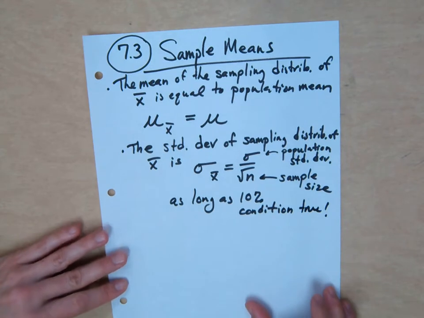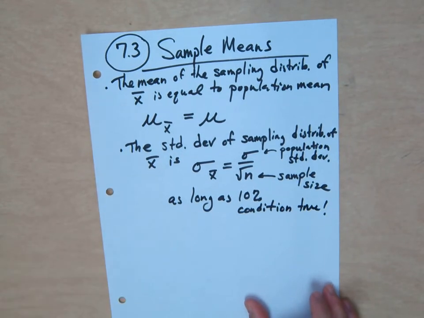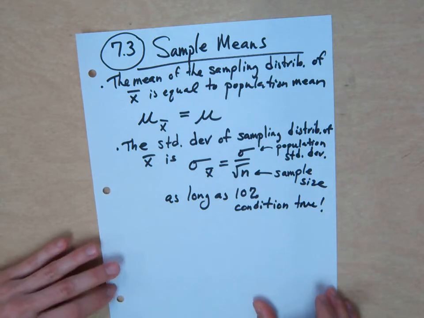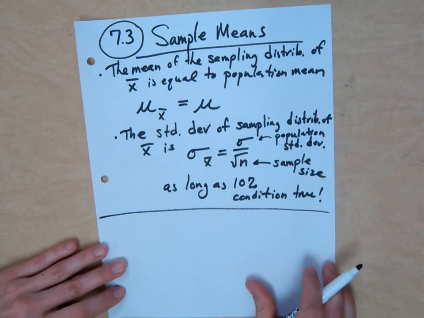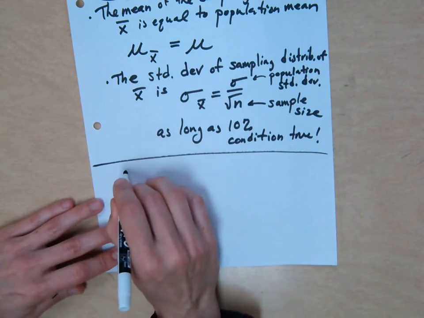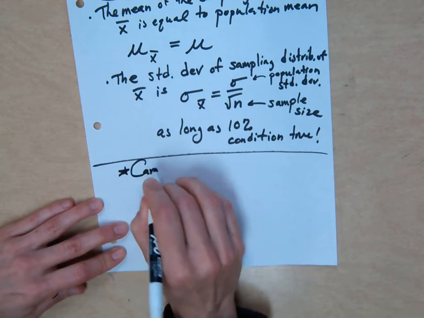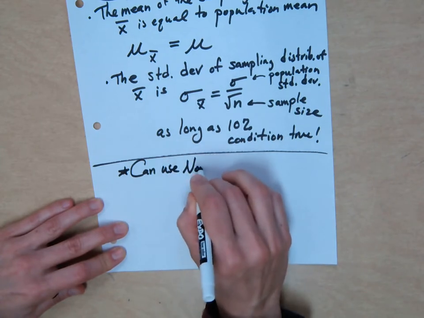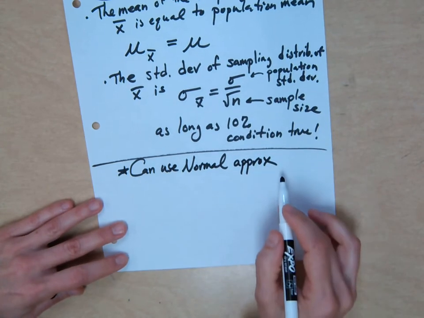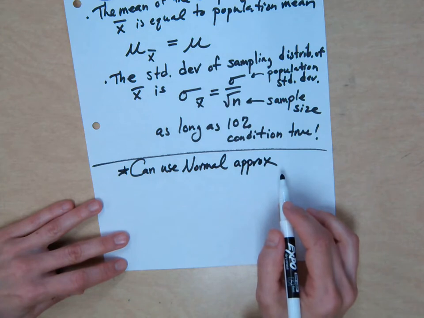Now, here's the thing. If our population distribution is already normal, then when we take our samples, the distribution of sample means will also be normal. It doesn't matter what our sample size is. So there's two cases where you can use a normal approximation. For proportions, it was if np and n(1 minus p) are greater than 10. But we can use a normal approximation here if,